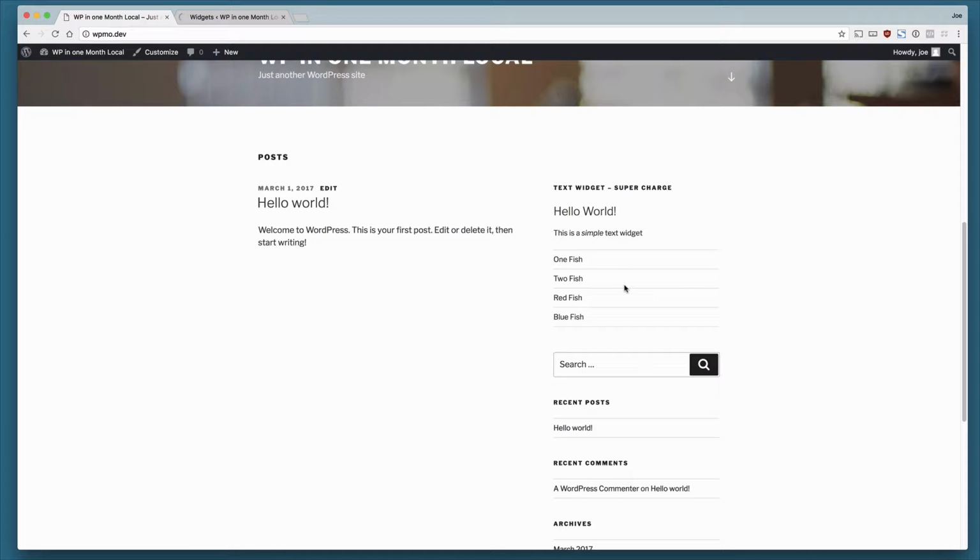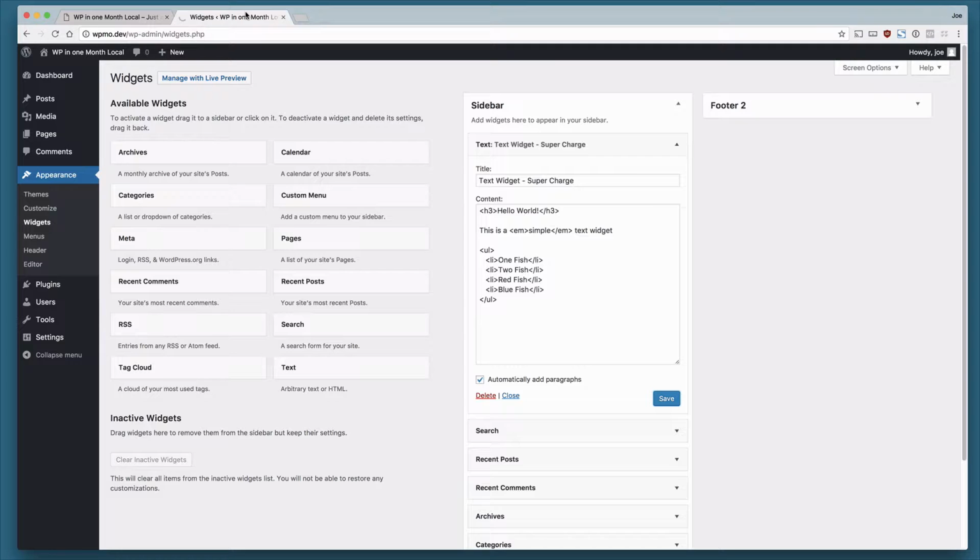So that's adding HTML to our text widget, but we can take it one step further, all right? We can add actual CSS to our text widget. So why don't we do that? Okay, so we will add our style tags here, right at the top. Now we need to be pretty careful here, right? Because if we want to add bullets to our list items, we can do that by doing this, list-style-